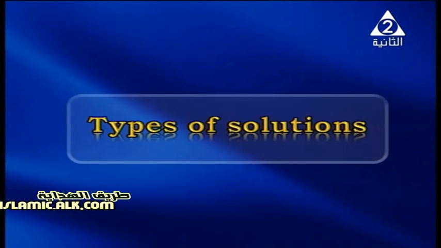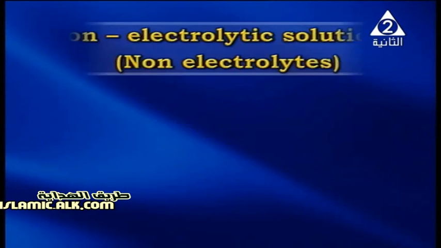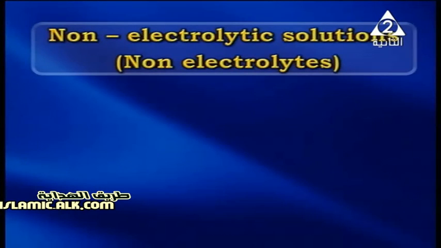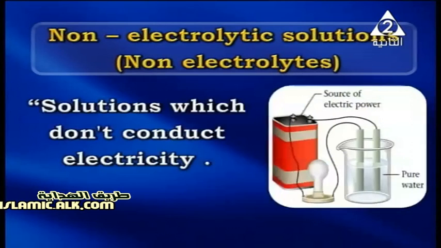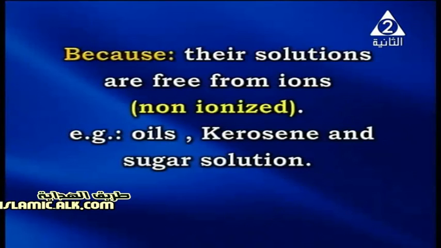Ionic equilibrium. First, we have to know the types of the solution. Solutions can be divided by conducting electric current into two types: non-electrolytic solution or non-electrolytes. It means solutions which don't conduct electricity, and we have given reason in this point. Because their solutions are free from ions, so non-ionized, for example oils, kerosene and sugar solution, as the following animation